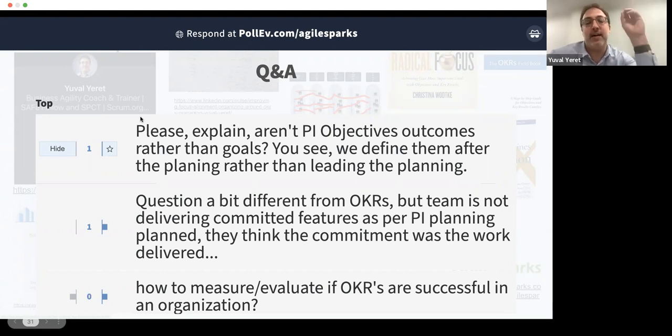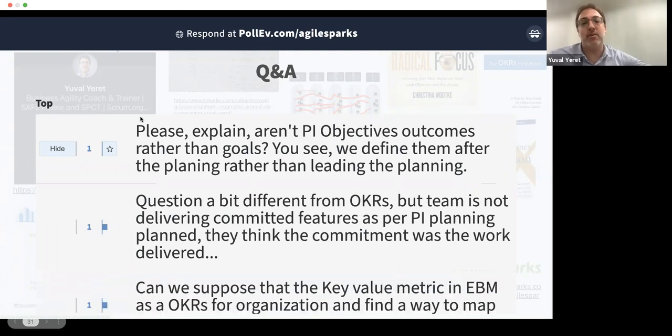In the OKR world, when we say outcome, we don't mean a lagging indicator, or we don't mean we've achieved these outcomes already. What we mean is that we set the objective in a way where what we're focusing on achieving is an outcome. We're not talking about exactly how to achieve that outcome, but we're saying right now, this is the outcome we want to achieve.